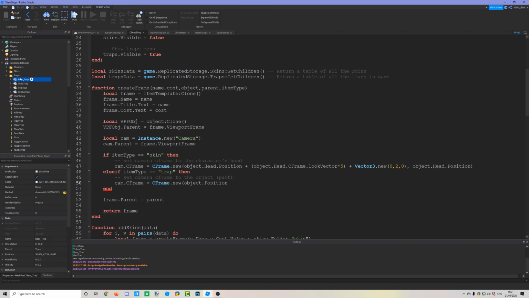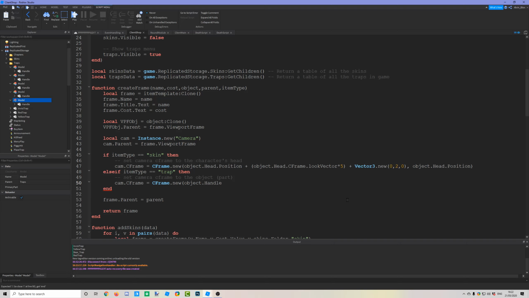So, for example, if yours was in a group like this, you'd have to say object.bear_trap.position. In fact, you wouldn't. You'd have to have a part in that model which is named the same throughout all models. So if you had multiple models, you would just say object.handle, and handle would be the main part,